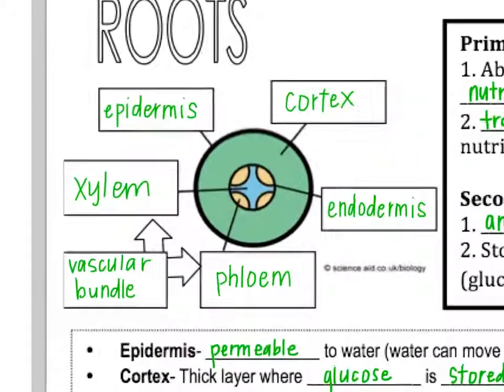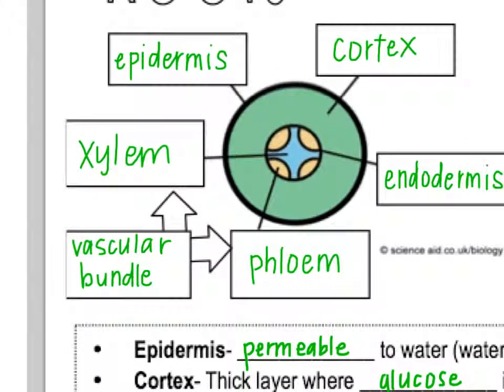These are the parts of a root. This is a cross section, so if you took a piece of a root and cut it into a slice, this is what you would see. So the outer layer is called the epidermis. Right under that layer you have the cortex, that's the thick green part, and then the endodermis is the next thin black line around the center, and then in the very center you have your vascular bundle that's made up